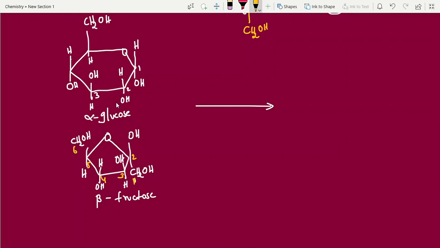Like this. Okay. Here also this is 1, this is 2, students, this is 3, and this is 4, and this is 5, this is 6. Yes. This is the linkage. See how easy it is. How can I show it now? The OH group and this H group will go, removing water. That's it. Removing water. Now the remaining we have to write as it is. Remaining, no change.